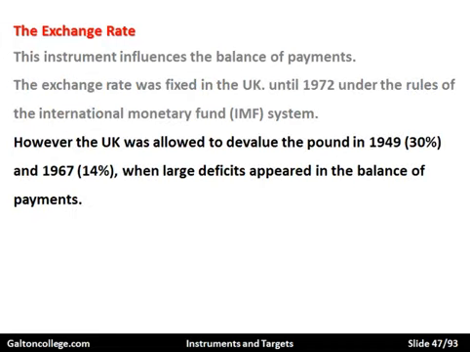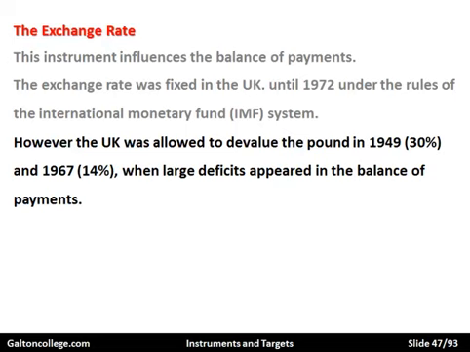The UK was allowed to devalue the pound in 1949 because having a fixed exchange rate doesn't mean it should be fixed for all time. Situations vary across countries. As I said, different rates of inflation, different rates of economic growth, different rates of development. So eventually, with stresses and strains, it's felt that the exchange rates are not properly set, or they're not set at the right level, so there can be adjustments.